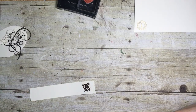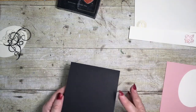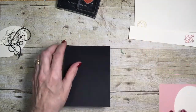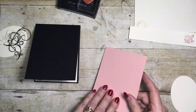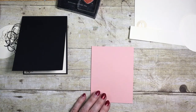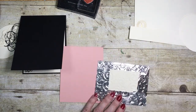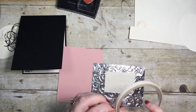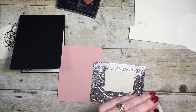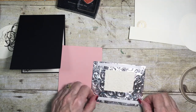So now I've got my other pieces. As I said, I did the inside of my card, and I've just embossed that with a little fleur-de-lis, stuck it inside, and now I've got a 1/4 sheet of Blushing Bride, and this measures 5 1/4 by 4, and I'm going to attach my embossed piece, and I'm going to be using the double-sided tear and tape, and that's because this is, relatively speaking, quite heavy, and snail and liquid glue I just don't think will hold